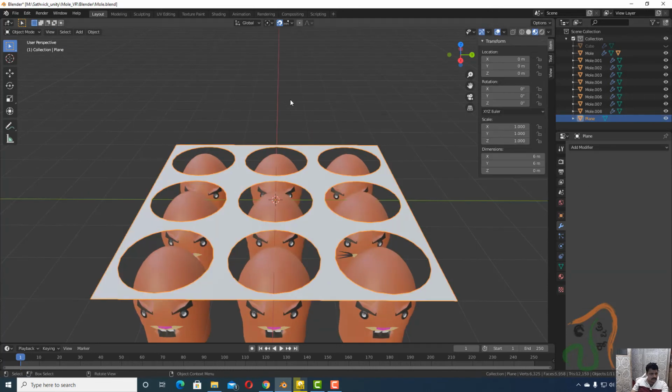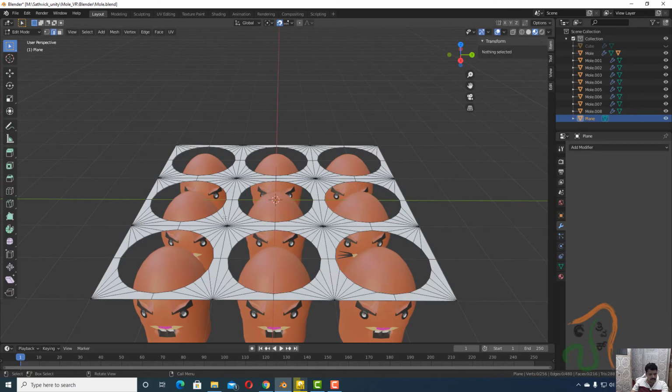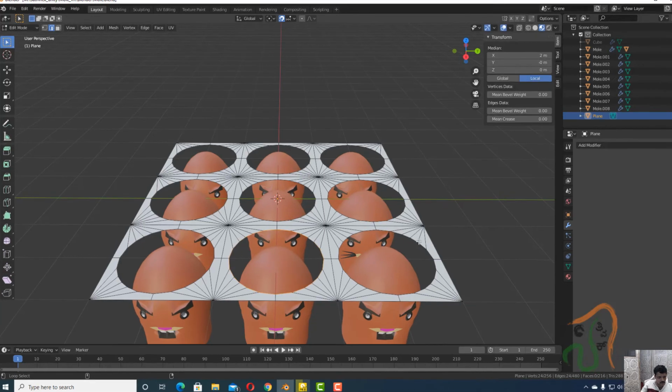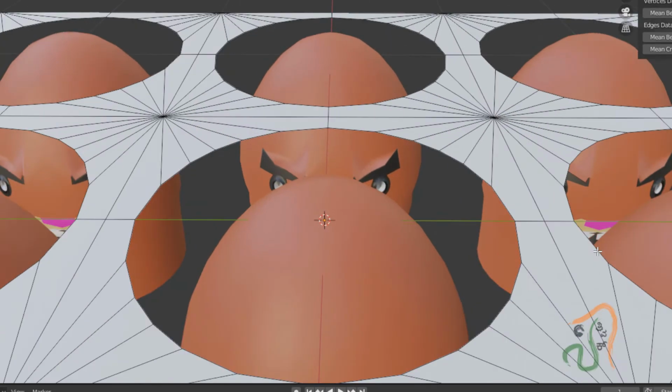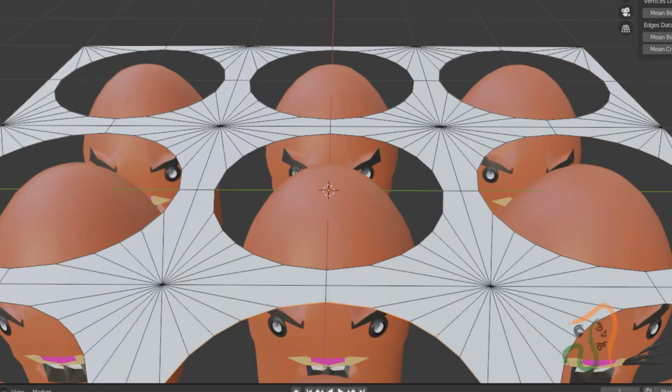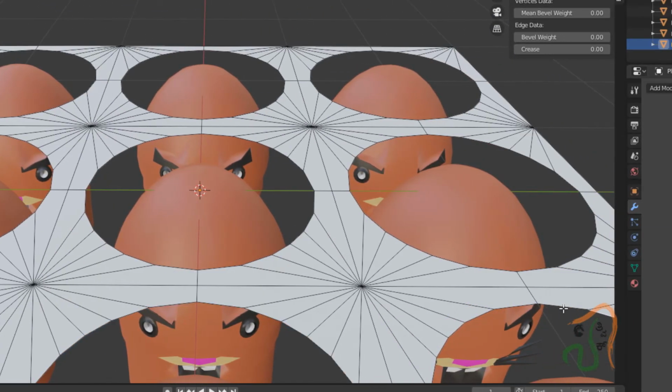Now let us come back to object mode. Coming back to object mode, select the plane. So we have selected the plane, and again press Tab and come to edit mode. So we are now in the edit mode here. With Shift and Alt pressed, select these edges.